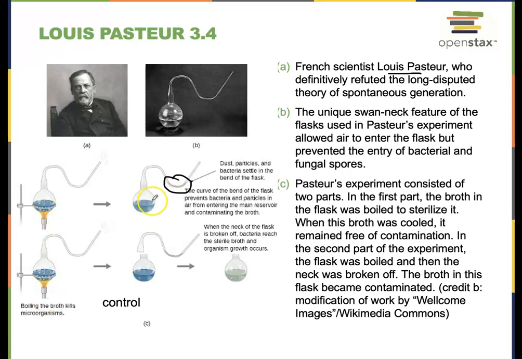Then he had one S-shaped flask with that curve, and he broke off the neck of the other one. In the broken one, obviously microorganisms could grow because they fell right into the broth. In the S-shaped curve, you could argue that air had plenty of opportunity to get in, but because the particles were heavier, they settled down here and the broth was sterile. So pretty interesting